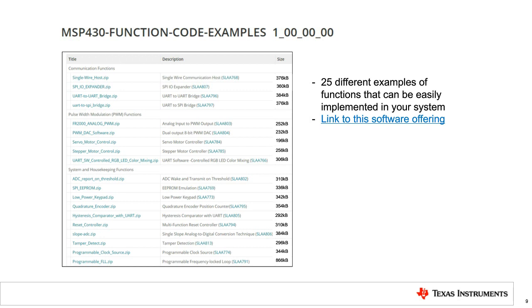And so with that, JD is going to go a little bit more into this topic and how you can actually get started with using our hardware ecosystem, some of the cool cloud tools we have, as well as these code examples right here. So I'll go ahead and pass it over to JD.